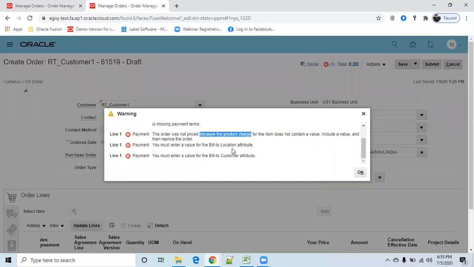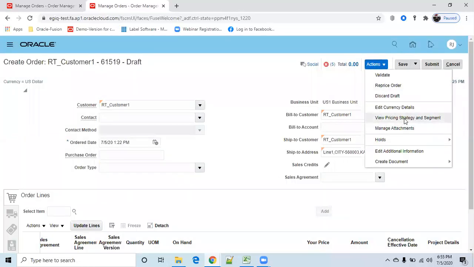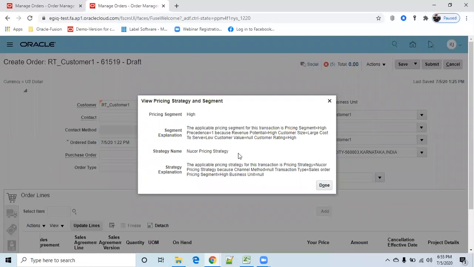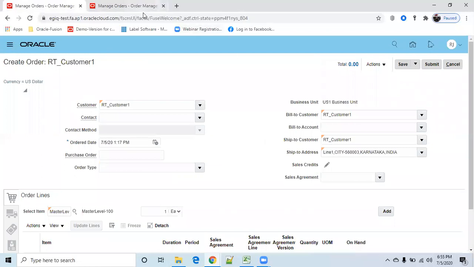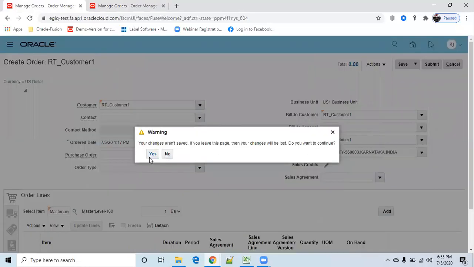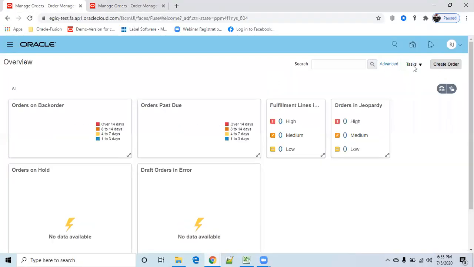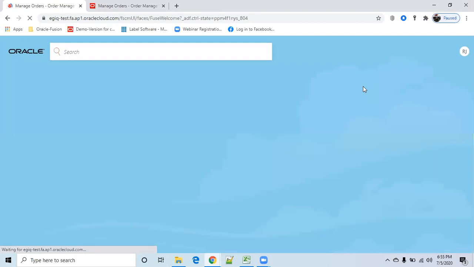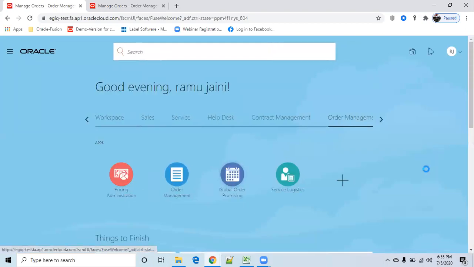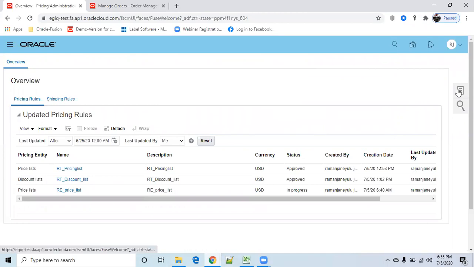Not there. Bill to location. No, that is not required actually. So still strategy it is picking this one. Let me try this. What it is present here. Manage, cancel. So click on home, pricing, go to segment,